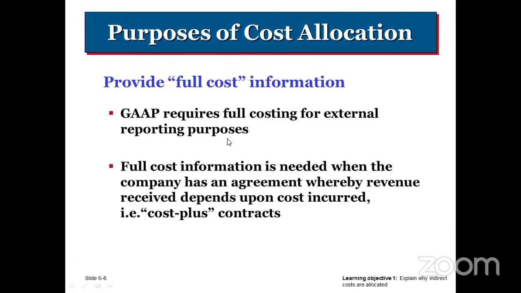So that's why you do a cost allocation, because you also want to allocate your fixed manufacturing cost to the cost of goods sold. Yeah, full cost information is needed when the company has an agreement whereby revenue received depends upon cost incurred, a cost plus contract lah. This is very true lah. Just now I explained to you about the antique furniture lah. Antique furniture is where you must know the full cost information lah. If you miss out your overhead cost, then you totally miss out the cost already. Then you use the cost plus method, under the markup method lah,